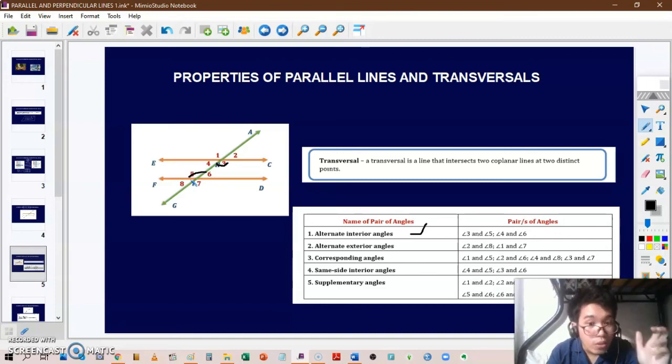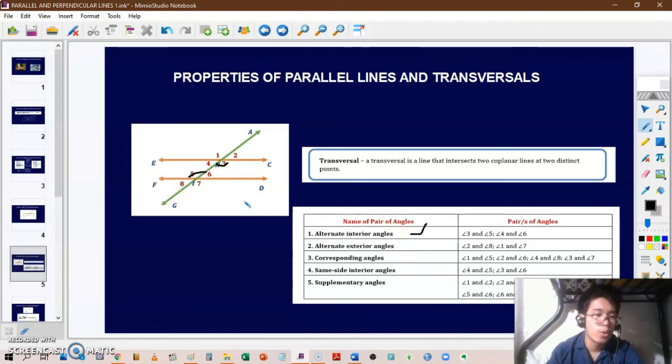But since they are alternate interior angles, then we can say that angle 3 and angle 5 are a pair of alternate interior angles, and angle 4 and angle 6 are also a pair of alternate interior angles. Okay, so we've already established that. Then the other part of this figure that we have here, so this is going to be one of the